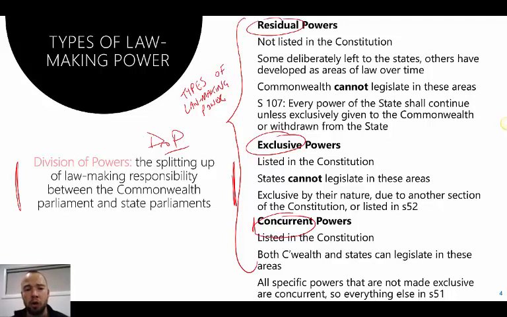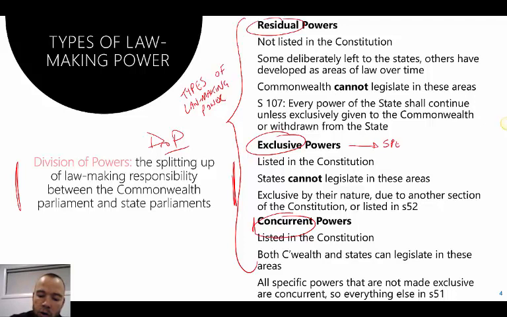So the state parliaments wanted to really maintain a lot of their own lawmaking power. One of the main issues with becoming a country was working out exactly what the federal parliament would have responsibility over. What they did was make a big list in the Constitution. Anything that they gave to or listed in the Constitution and gave to the federal government, we refer to as a specific power